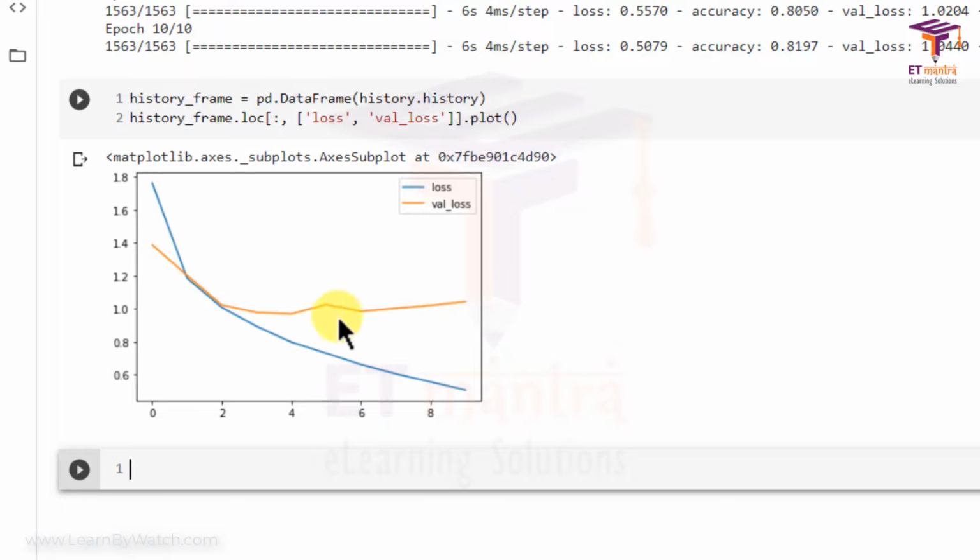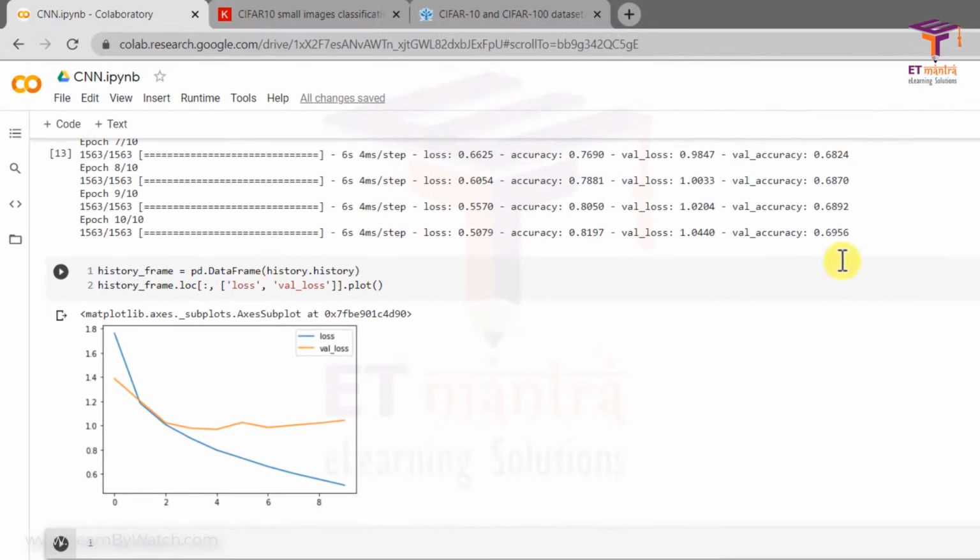So we need to avoid that, and maybe we should stop somewhere over here to prevent overfitting. So we have an accuracy of 70%, which is good considering that we have defined the model on our own.